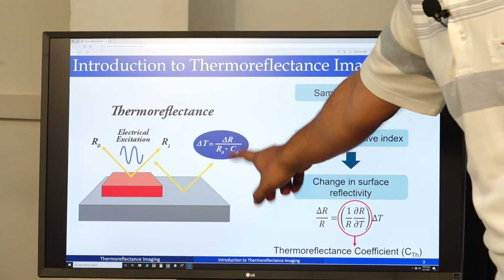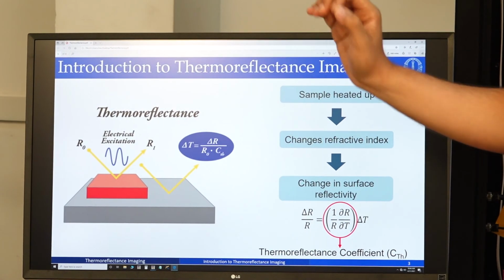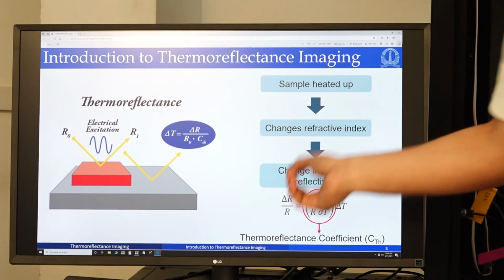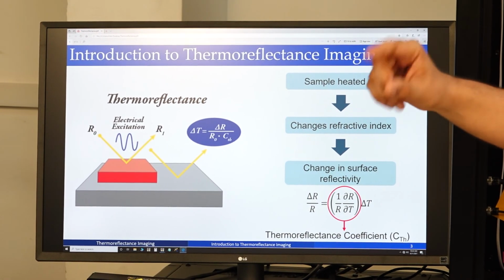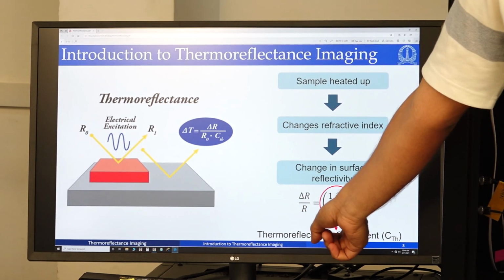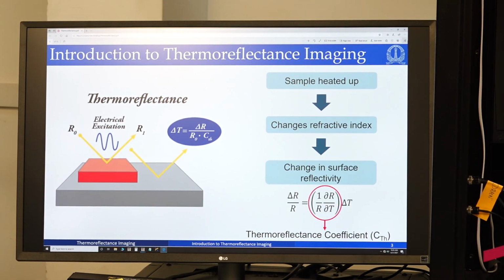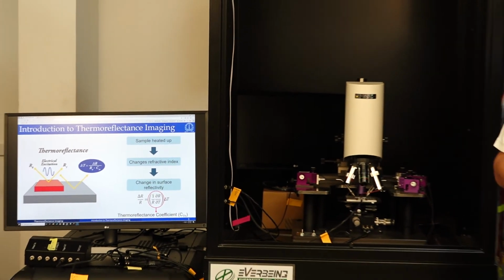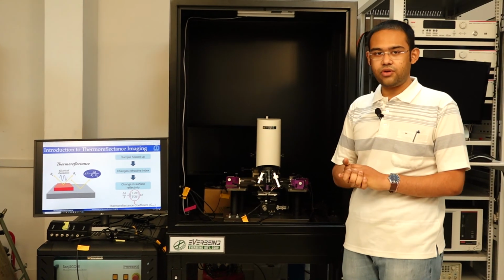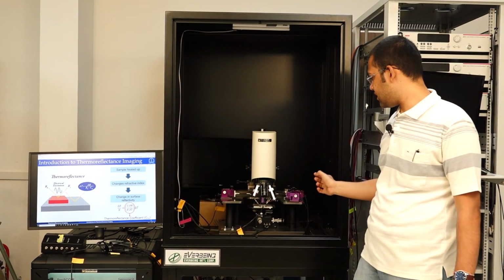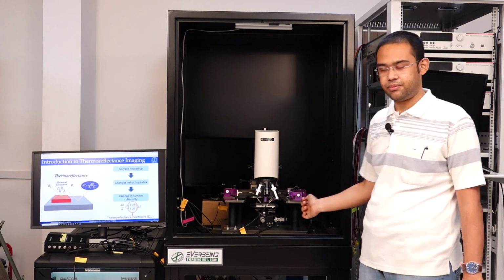So the delta R by R is the change in the amount of reflected light for a given temperature delta T. So to estimate delta T from this change in intensity, we need to have something called the thermoreflectance coefficient. So for every measurement, the first thing is to monitor thermoreflectance coefficient. Okay, before getting into how we do this, I will briefly take you through the various elements of the setup.